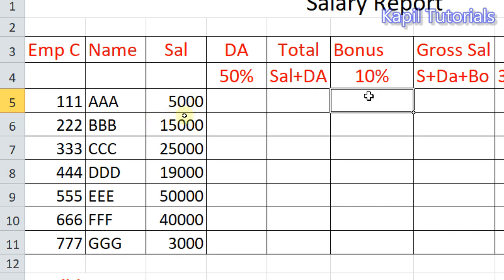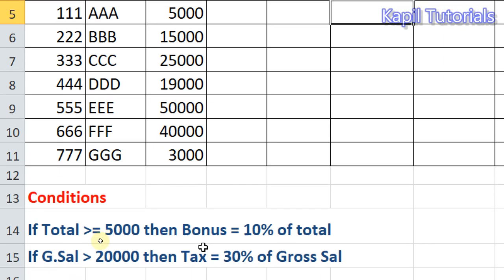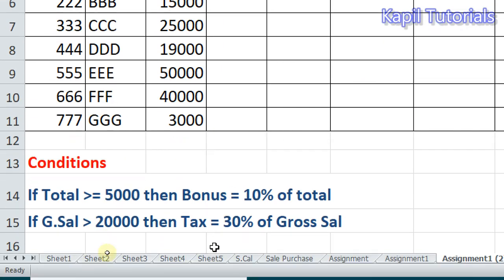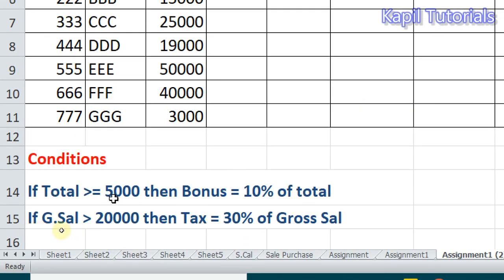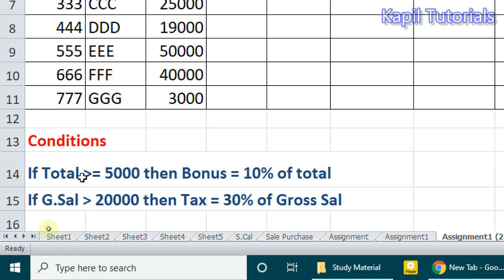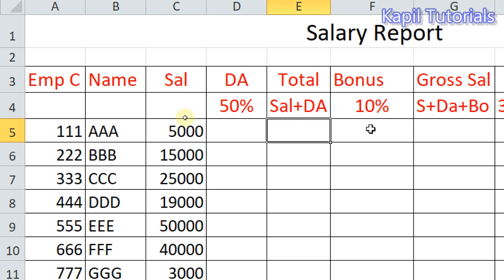Bonus 10%. So what is bonus 10%? The condition given here is: if total is greater than or equal to 5,000, then bonus is equal to 10% of total. That means if this total is greater than 5,000, then a bonus of 10% should be given.